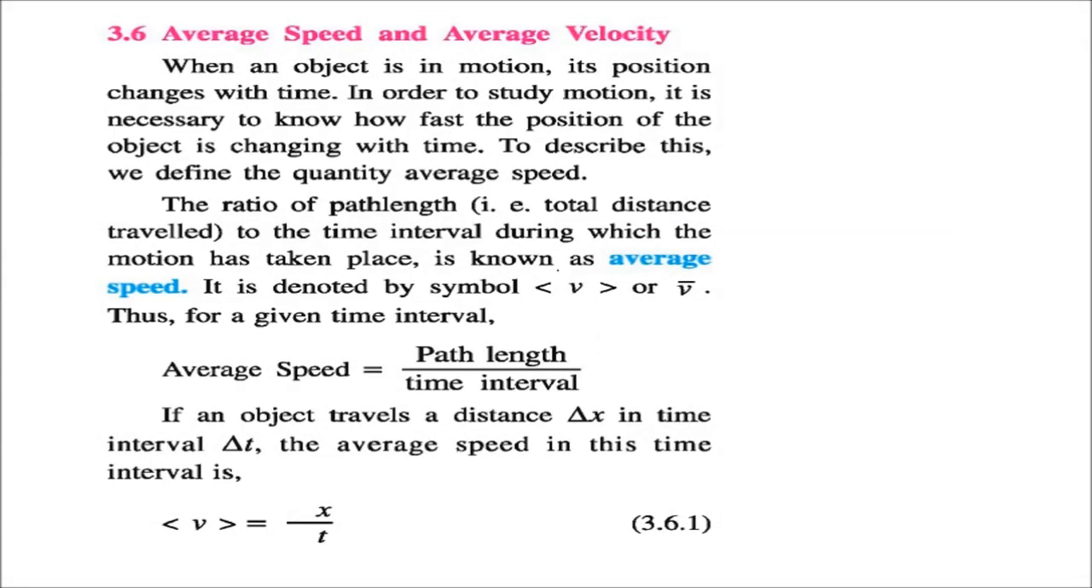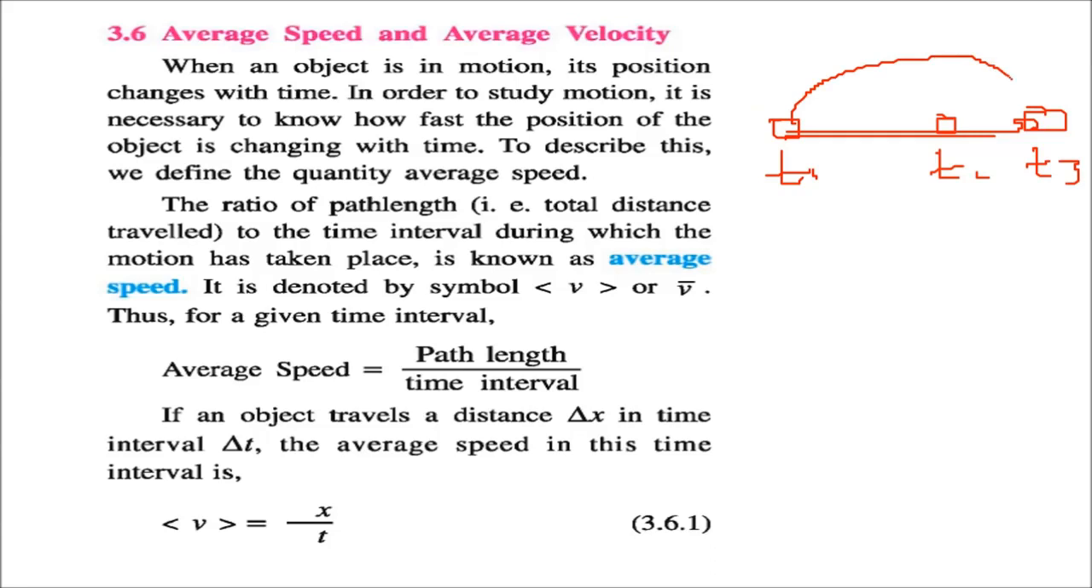Average speed and average velocity. Why it is average speed and why it is average velocity, we'll know after discussing this scenario first. When an object is in motion from here, it is moving. And this is very important: we need to know how fast the position of an object is changing with respect to time. At T1 the object is here, at T2 it is here, at T3 it is here. So the ratio of the path length, that is the total distance, just add all these, to the time interval during which the motion takes place, from T1 to T3 say,